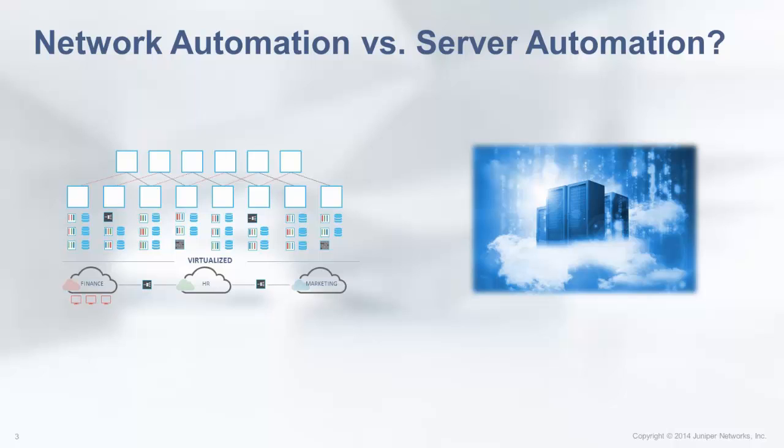So when a server's up and running and you have an application running, it rarely changes. But networks, as most of us know, change quite a bit, whether it's from a configuration value perspective or some sort of capacity that needs to be added, removed, those types of things. And in the network world, we are able to go in and add this capacity on the fly, change bandwidth settings, things like that. And that's where the power of the automation comes in, because we can actually make these determinations and decide whether or not we need to change something. And if we do, then we can automatically do that. But that's where we're going to. We're not quite there yet.